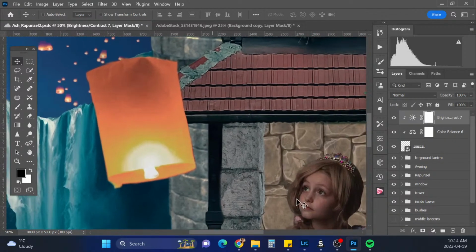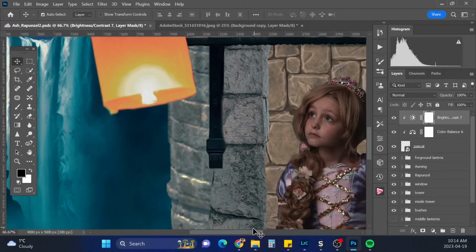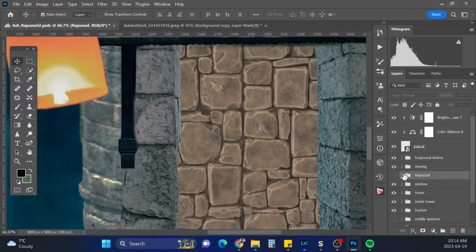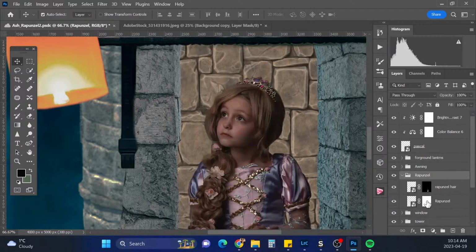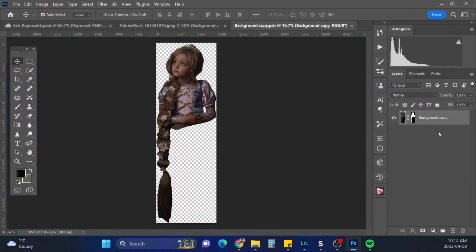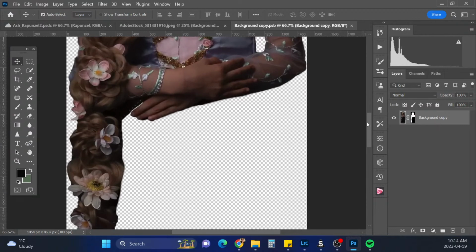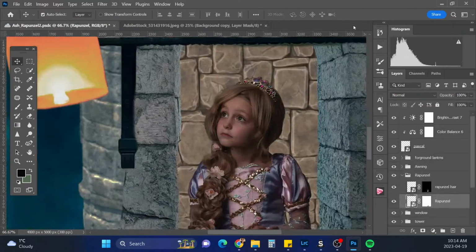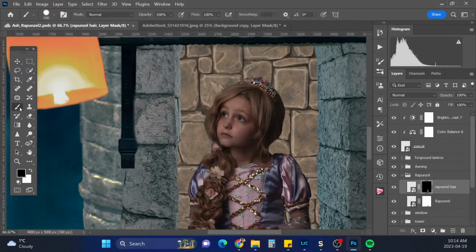There's something weird about her selection here. Let me just go to her here, Rapunzel. And double click on this layer. Okay, it's not her. Oh, I think it might be this one maybe. Let's see. No, not that layer.